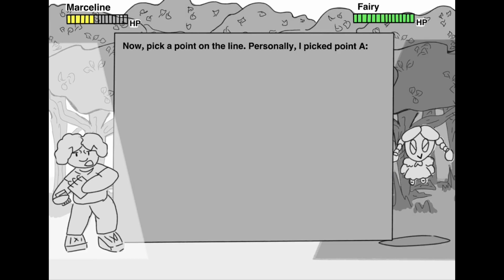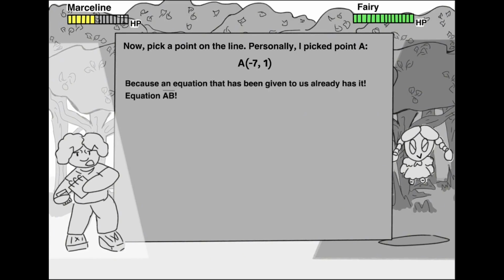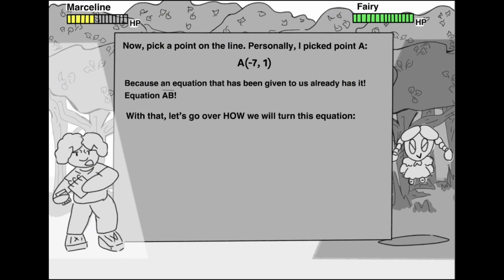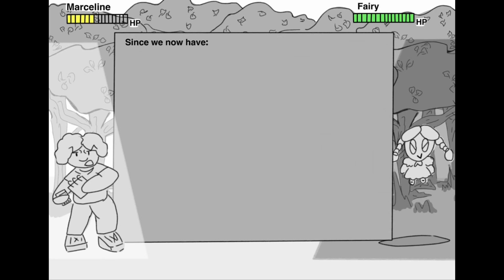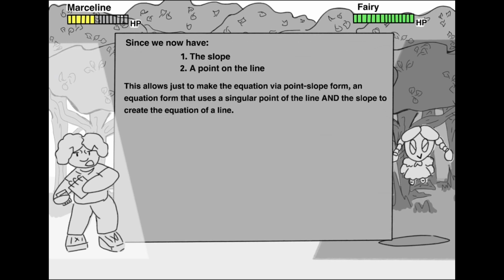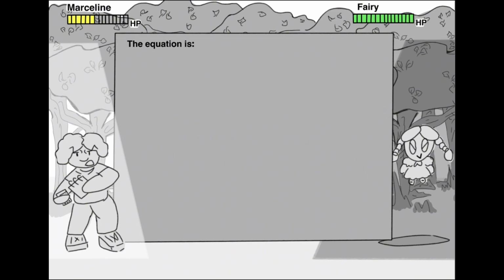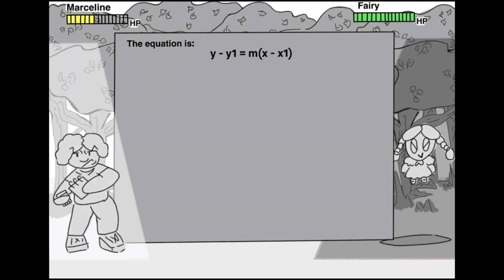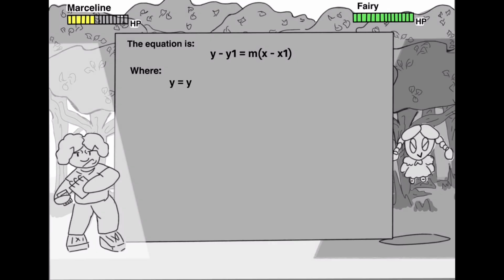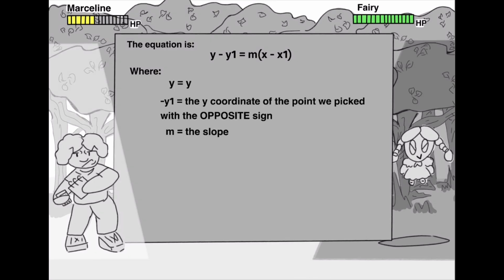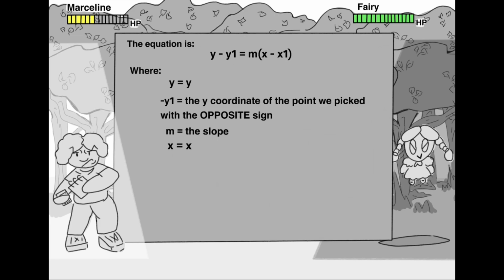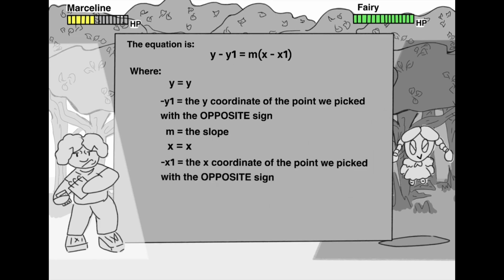Now, pick a point on the line. Personally, I pick point A because an equation that is given to us already has it, equation AB. With that, let's go over how we'll turn this into an equation. Since we now have this, it allows us to make an equation via point-slope form. Point-slope form is an equation form that uses a single point of a line and the slope to create the equation of a line. The equation is, where... now,